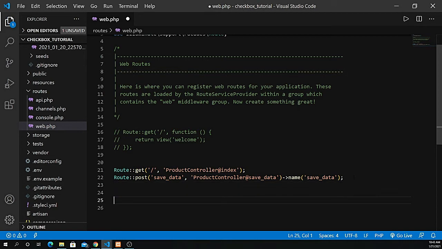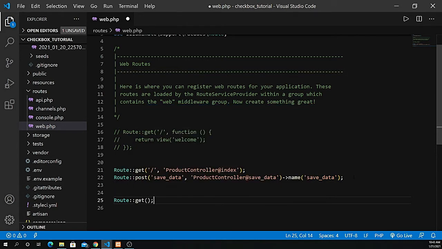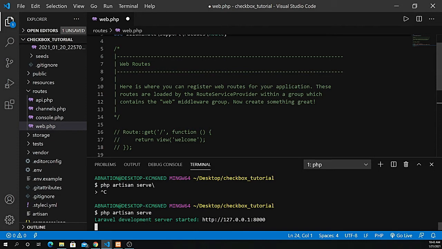So let's create the route, and this time I want to create a get request. Inside here, let's give it the name of users. I just give the route name as users, and we have to create a controller, which I haven't created yet. So let's first create a controller by simply opening up your terminal,